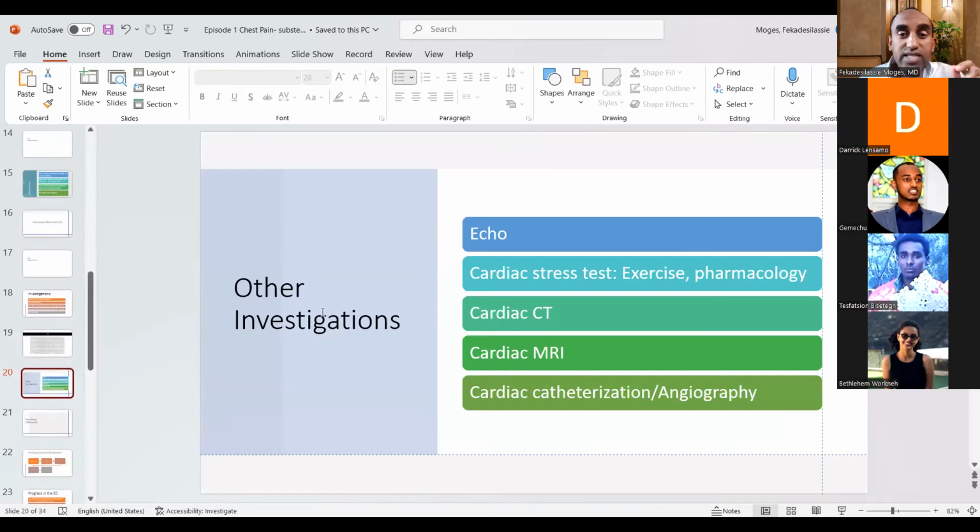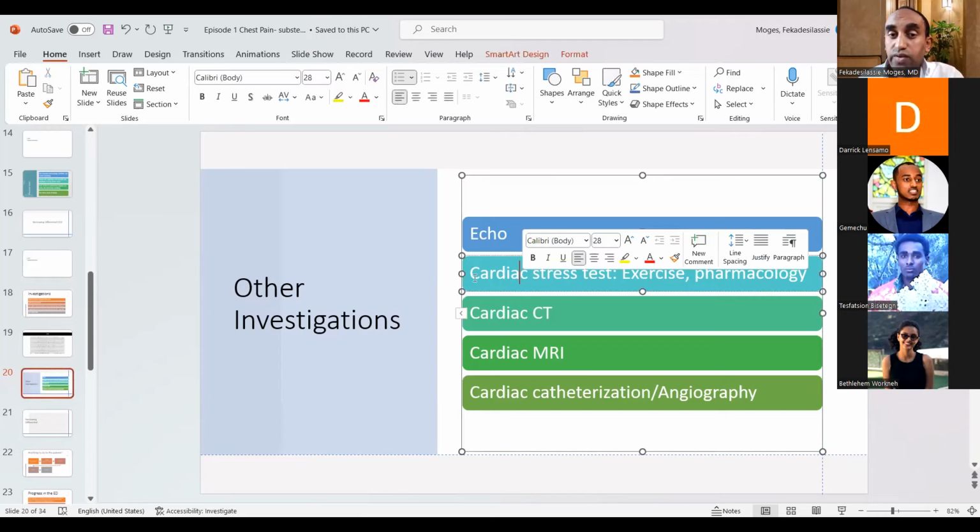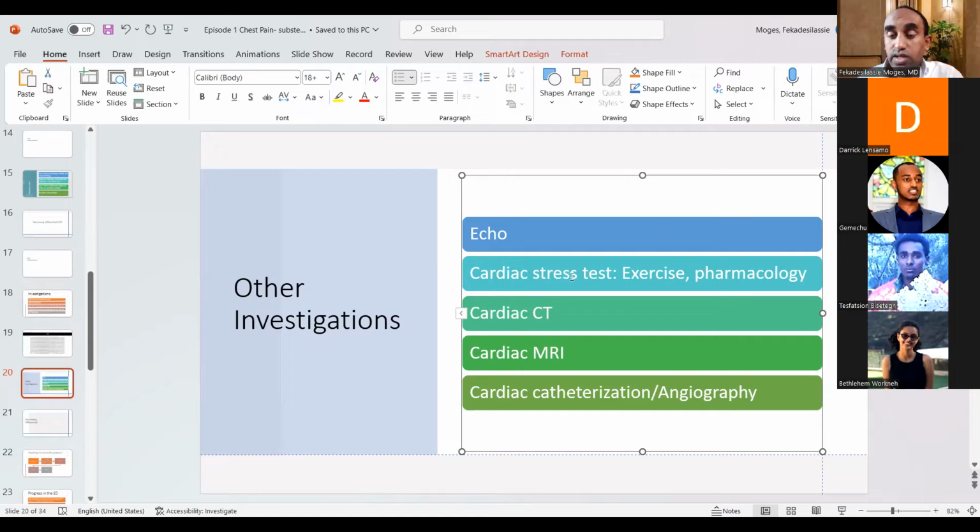Okay, so now other investigations. Echo can be done, a cardiac stress test can be entertained, but not right now because he has a troponin leak. This patient may have an active MI, and you don't do a stress test in a patient who is having an MI because you will worsen it. You have to be careful. If it was just simple unstable angina, you can think of a cardiac stress test. If it was non-specific chest pain, you can think of doing a stress test, but not for this patient. You may kill the patient on the treadmill. Okay, you have to be careful.